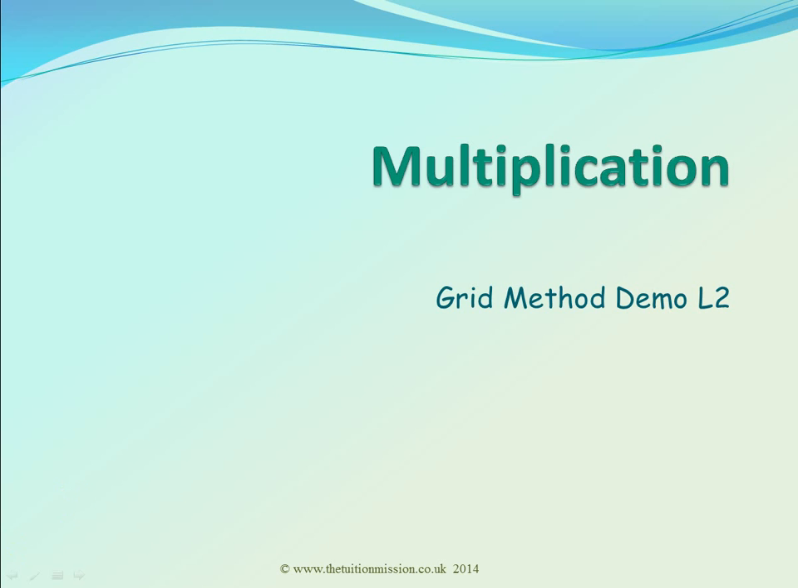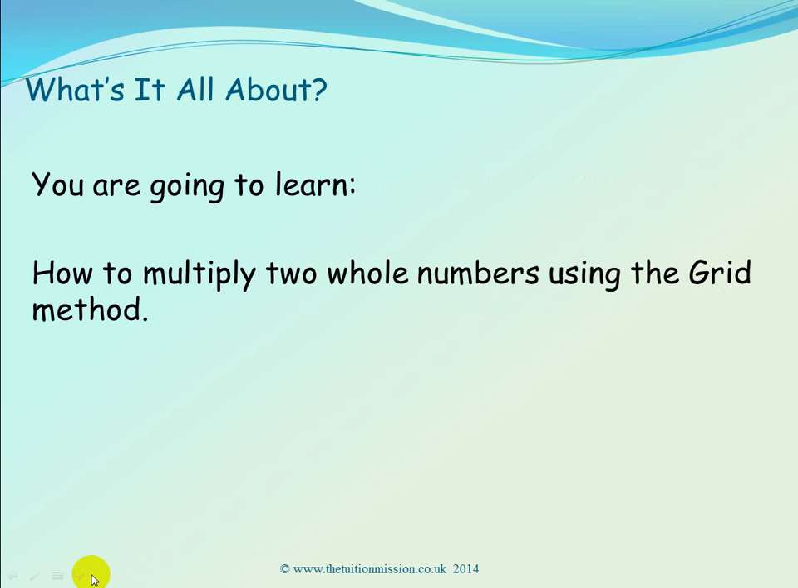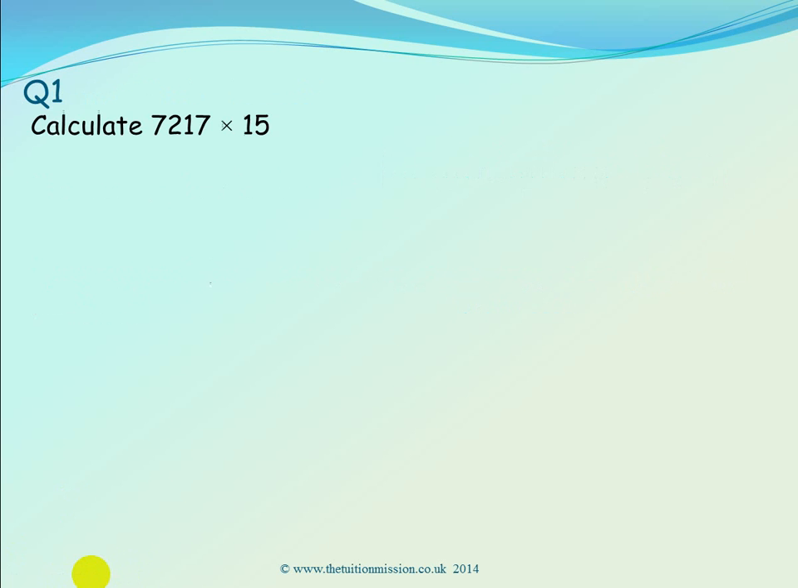Okay, so we're now going to have a look at the grid method for slightly larger numbers. If you want to look at the grid method for smaller numbers, multiplying smaller whole numbers together, then you need to look at the level 1 demo. So we're going to look at how to multiply numbers in the thousands by 2-digit numbers, so 4-digit by 2-digit